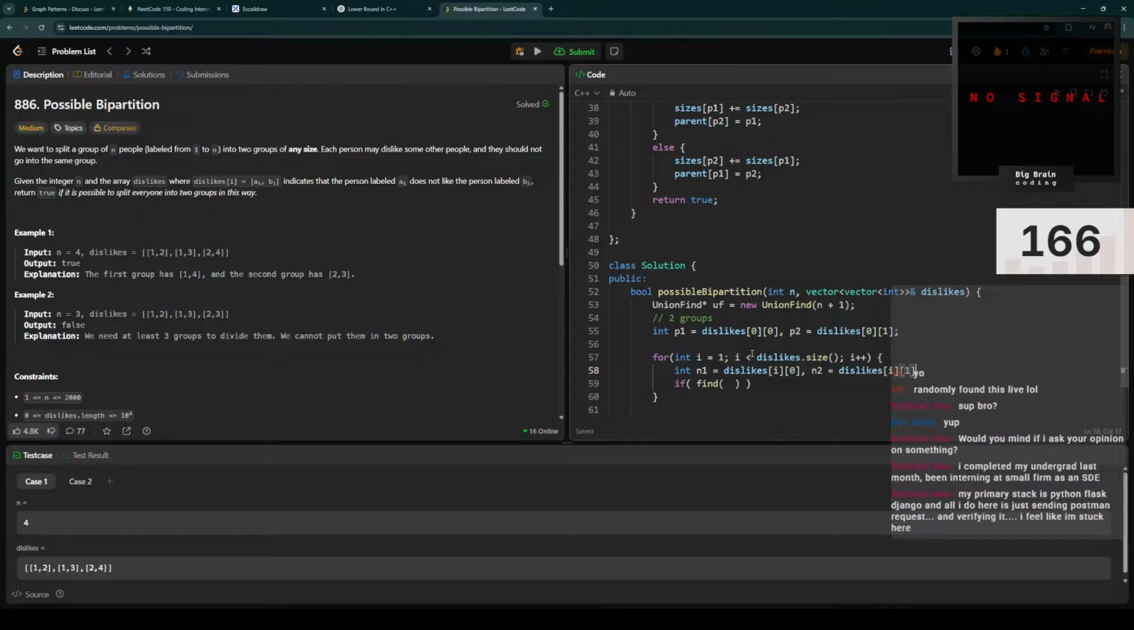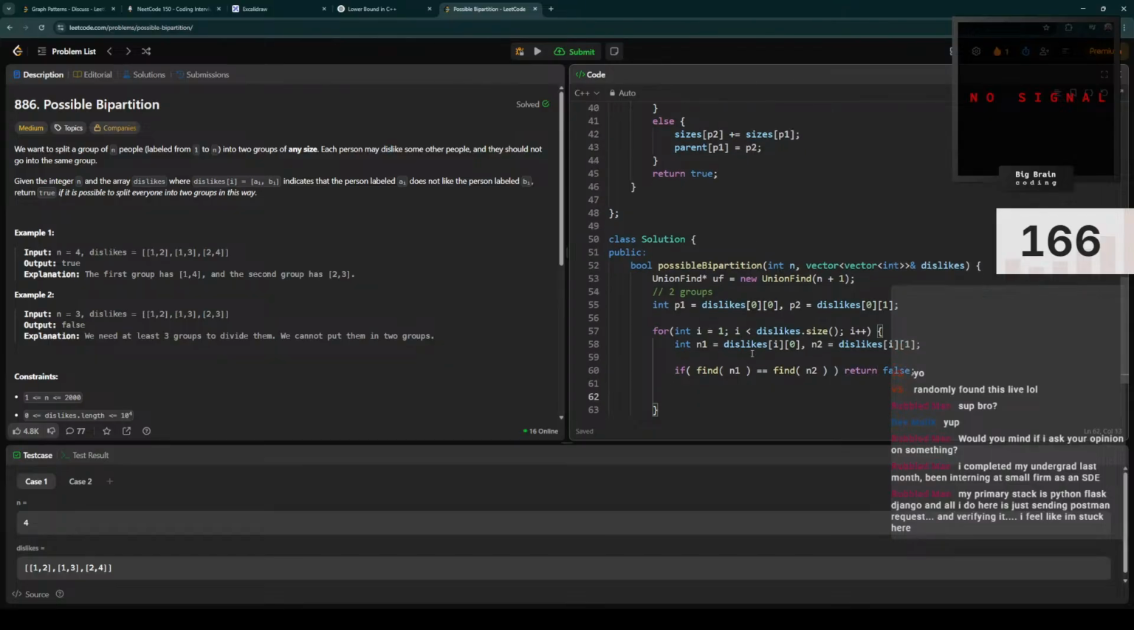If this was an interview question, I would have lost at this point. So yeah, if find n1 is equal to find n2, then return false. If find n1 is equal to find p1,